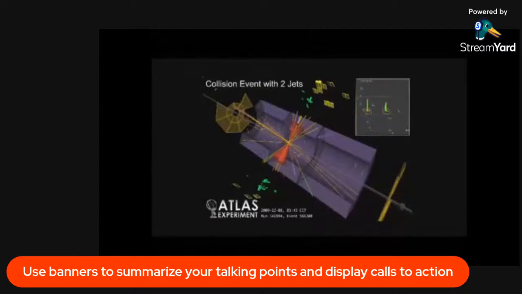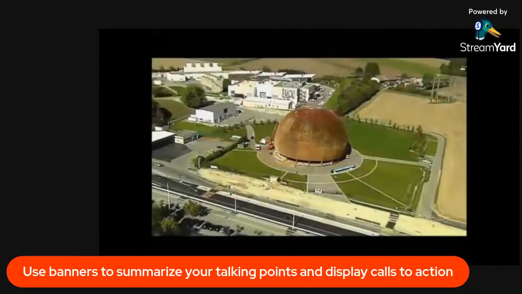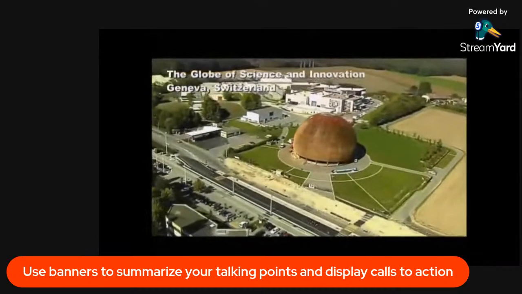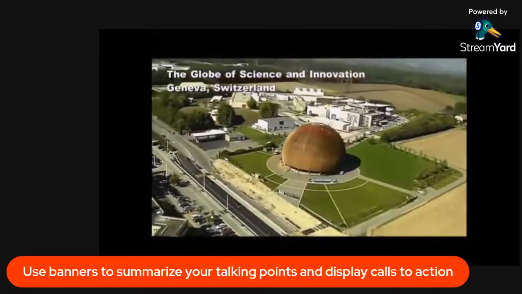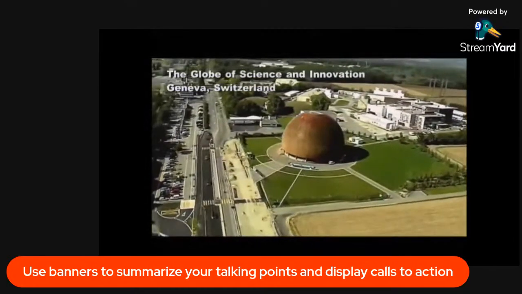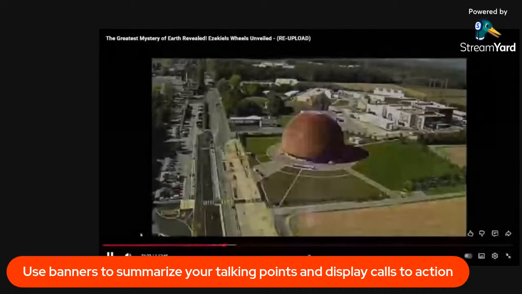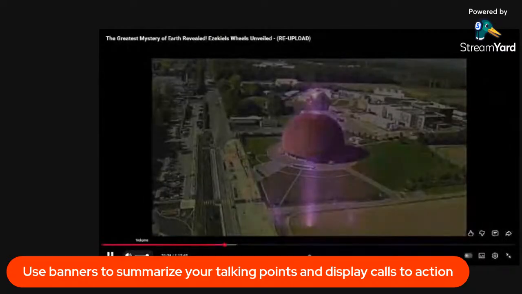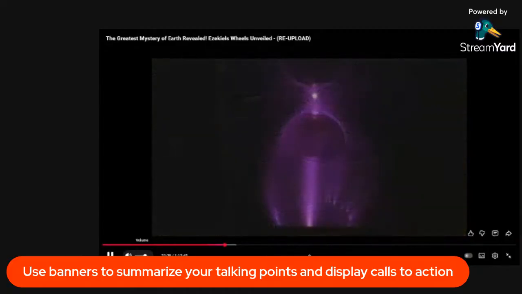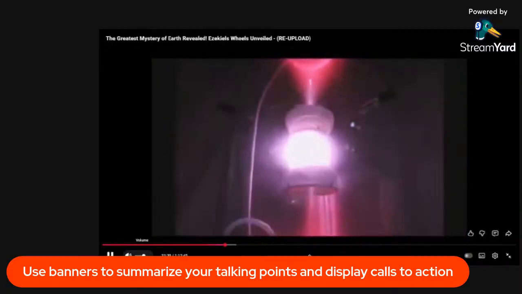In reviewing a video from CERN, I noticed something quite bizarre, and it wasn't in the data from the collisions. It was in the shape of CERN's most well-recognized building, the Globe of Science and Innovation in Geneva, Switzerland. Not only was it a bowl shape, but the design of the building also had a hole in the top of the dome, exactly as my theory would call for. So I made a magnetic scale model of the CERN dome, placed a set of them in my vacuum chamber, and fired it up.